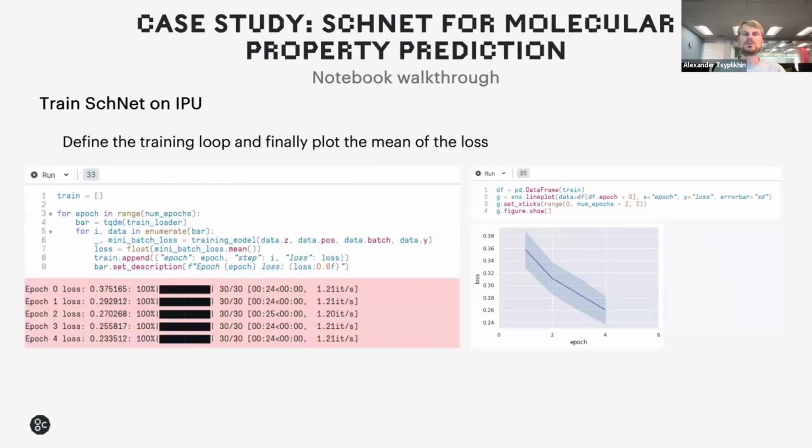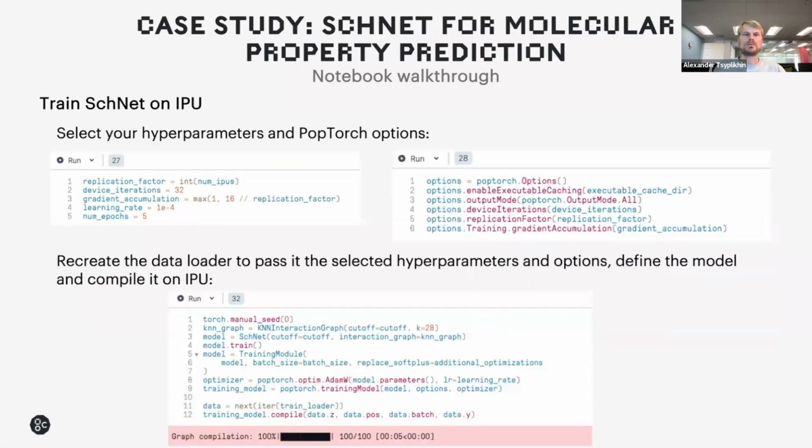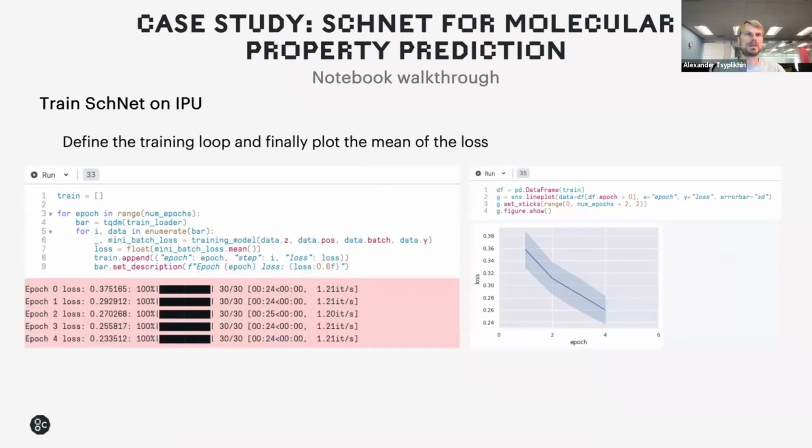And after that, we have compiled the model outside of the training loop. Let me go back and show this line number 12, which takes some data that should be of the target size in terms of tensor dimensions. And with that, we'll leverage the binary created during the compilation and run the training loop as shown here. So the call to this training model will execute the gradient step and output the loss for this batch,